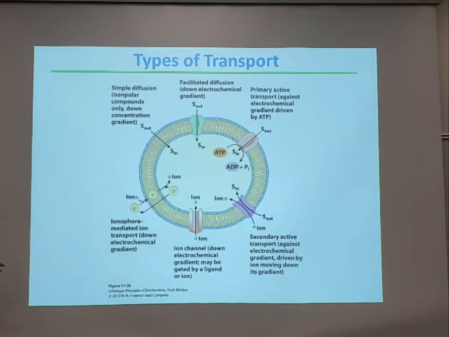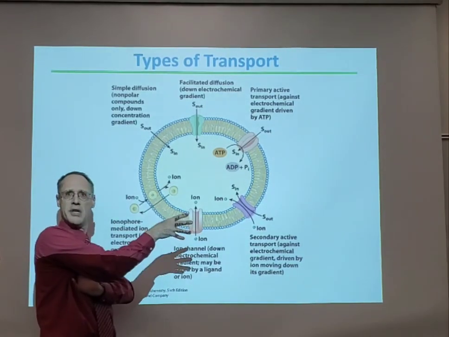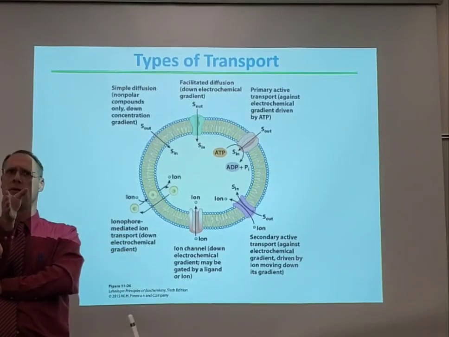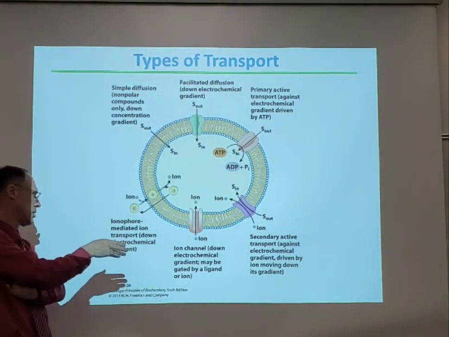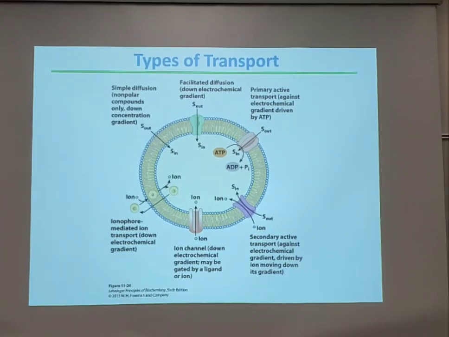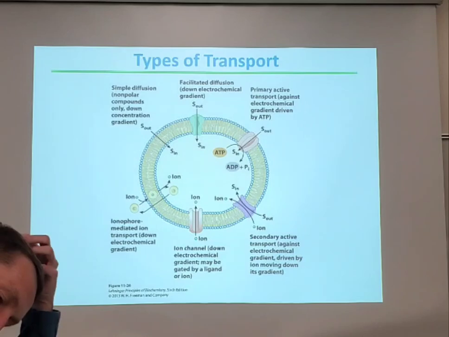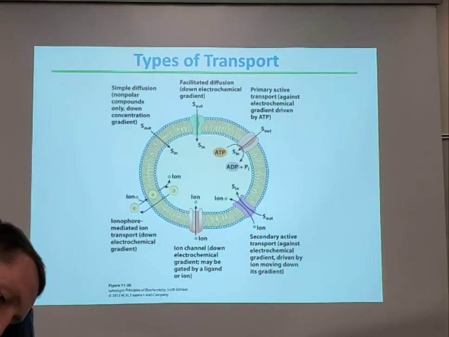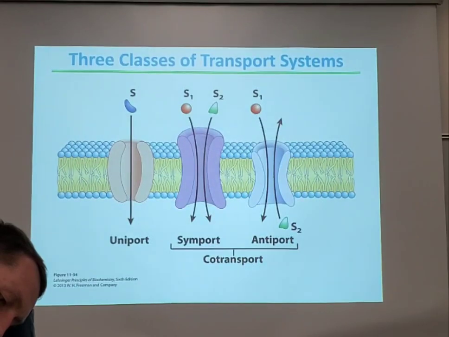This is the overview slide. An ion channel: just open the channel and ions are going to move based on their electrochemical gradient. And ionophores become interesting molecules. This is a molecule that's capable of actually engulfing an ion, encasing it inside, hiding the charge, and essentially doing simple diffusion as a result. Wow. Okay. So 3 classes of transport: uniport, symport, antiport.